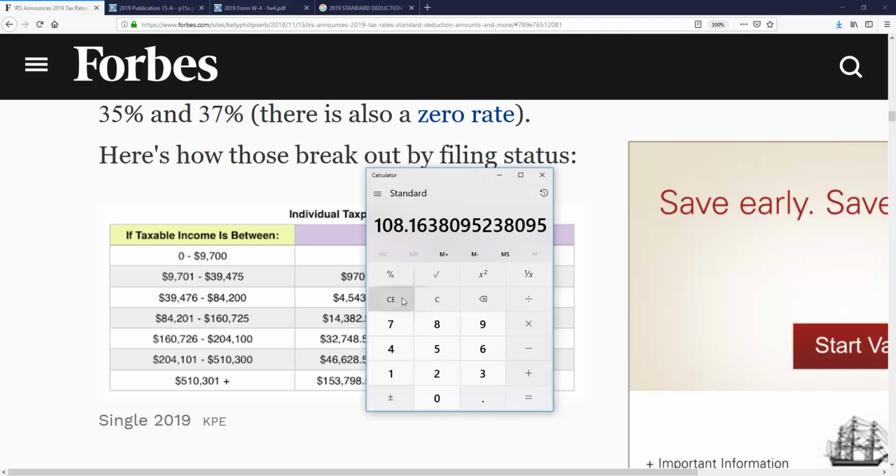Now you're going to do this again July 1st. July 1st comes around, and you're going to look at your pay stub. You're going to say, how much have I made so far this year? So from January 1st to June 30th, let's say you made almost $20,000. I'm just doing 1538 multiplied times 13, and you simply multiply that times 2, because 6 months plus 6 months equals a year.